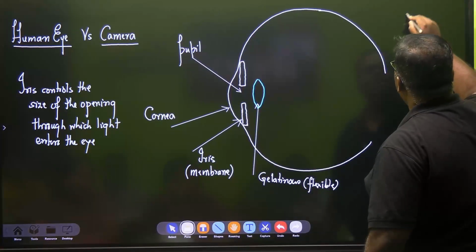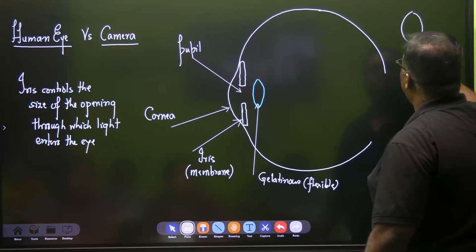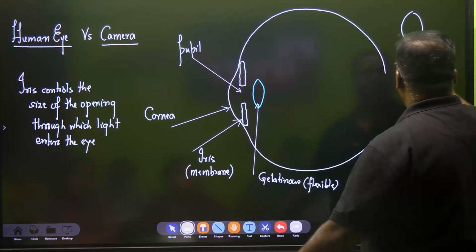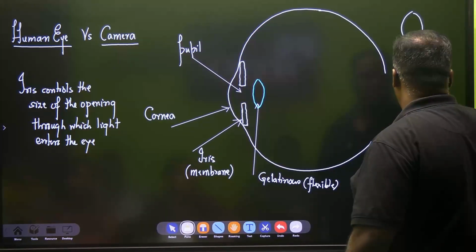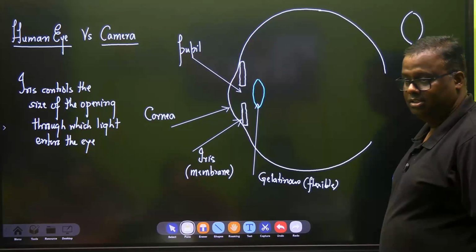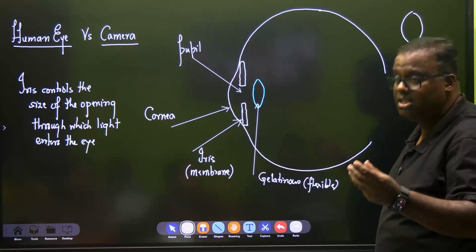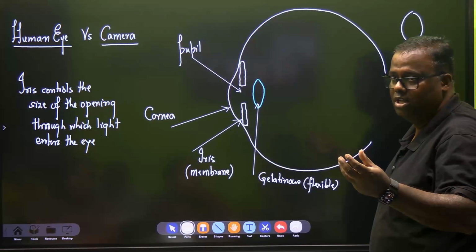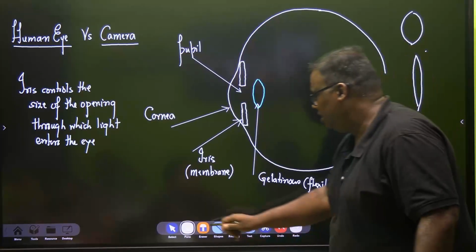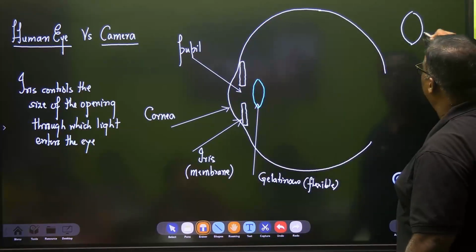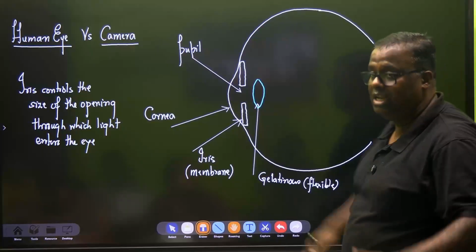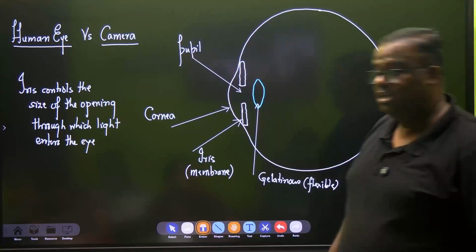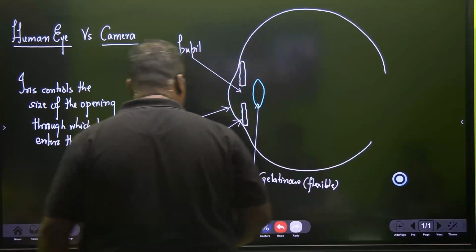The lens can become more thick like this, or the lens can also become slender like this. This is possible only when the lens is flexible. Have you understood? Flexible तो आपने इसको बना दिया, लेकिन इसको ये मोटा और पतला करेगा कौन? करने के लिए कोई खींचने वाला चीज भी तो चाहिए। हाँ, अब देखते हैं। मसल्स नहीं, मसल से पहले एक